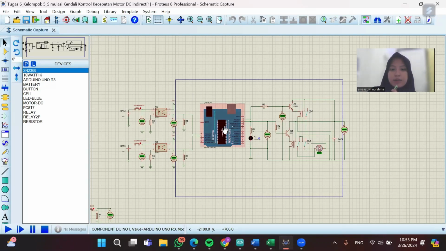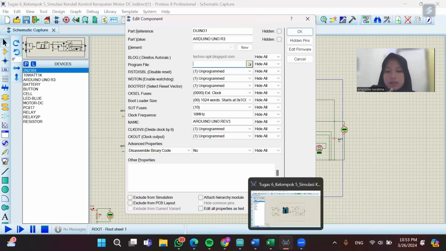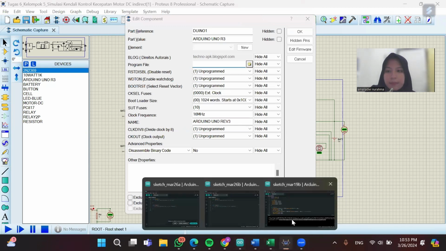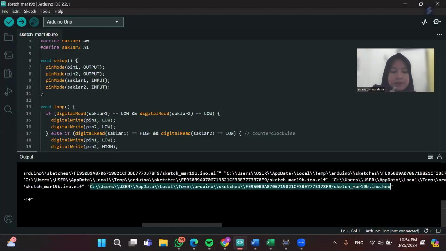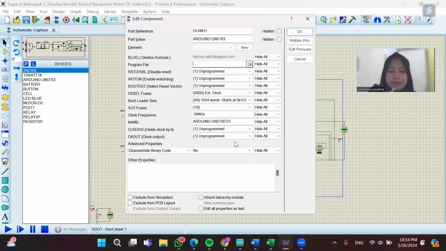And step 1, we add the output file from Arduino in there. And click OK.